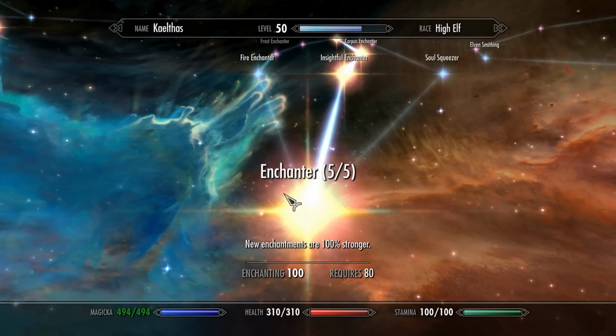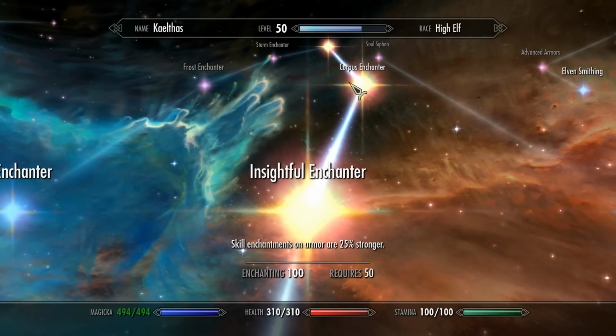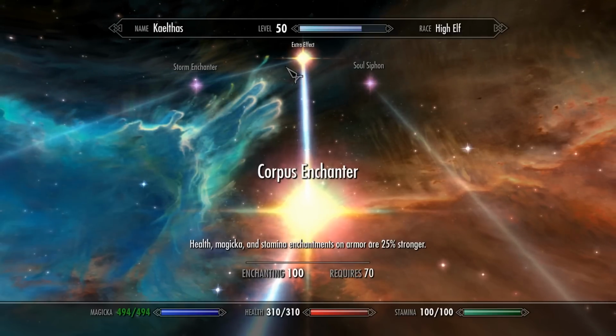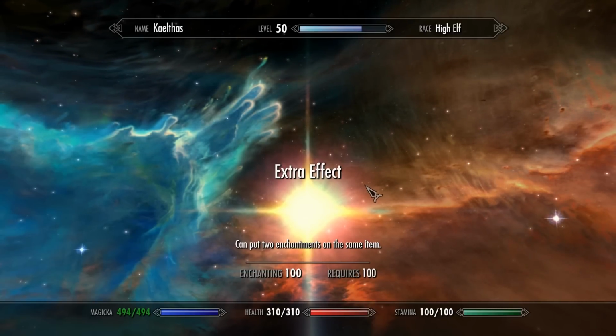First of all, 5 out of 5 in Enchanter. This increases the power of all of your enchantments. Insightful Enchanter makes skill enchantments 25% stronger. Corpus Enchanter makes health, magic, and stamina enchants 25% stronger. And then the Extra Effect, which is the final perk in the tree, allows you to put 2 enchantments on